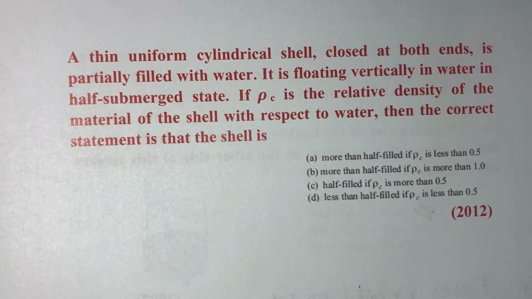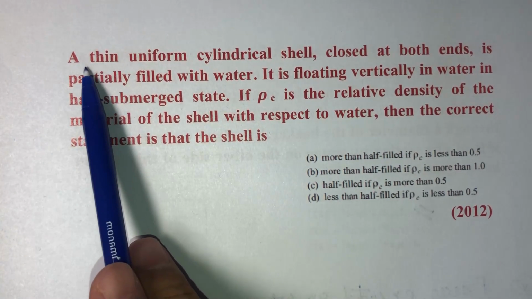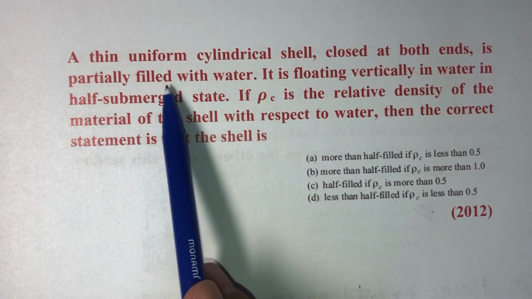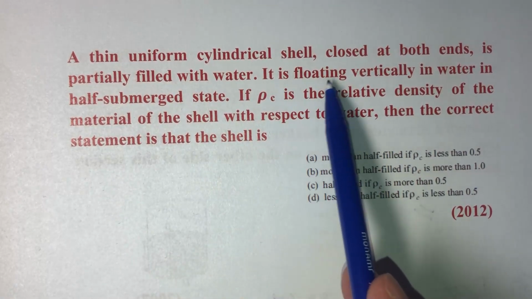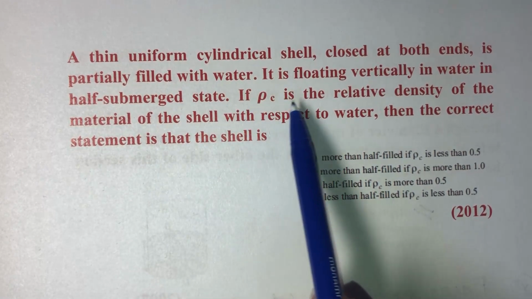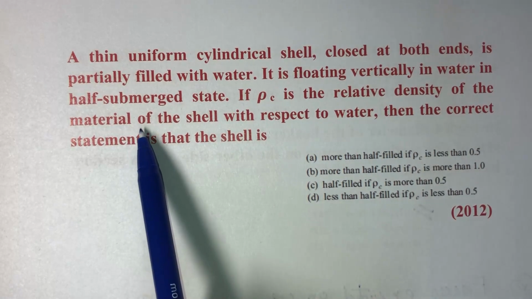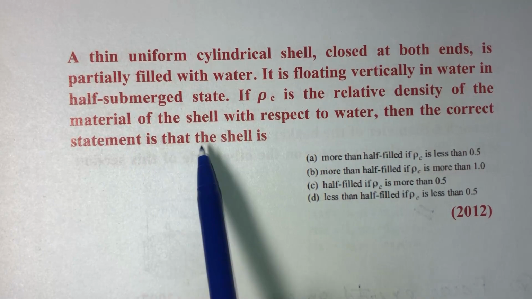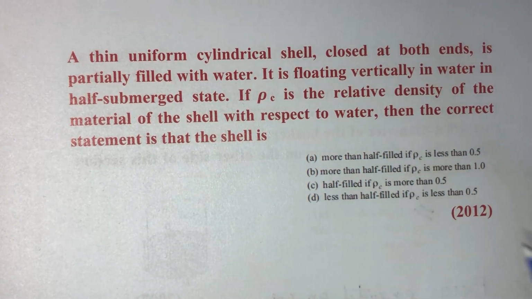Hello friends, in today's question, a thin uniform cylindrical shell closed at both ends is partially filled with water. It is floating vertically in the water in half-submerged state. If rho c is the relative density of the material of the shell with respect to water, then the correct statement is that the shell is, so these are the four options, and we have to find out the correct